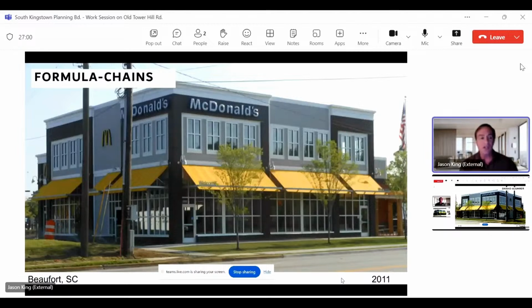The chains now, the Burger Kings and the McDonald's and the Taco Bells, they have two different off-the-shelf designs that they can use when situating a new establishment or when saying yes to a new franchisee. And if you're not asking for an urban format building like this one, then you're getting the suburban format one, where the building is set back and there's parking all around.